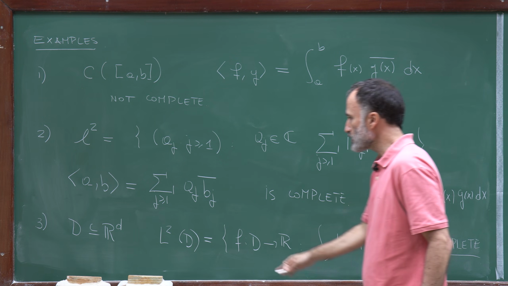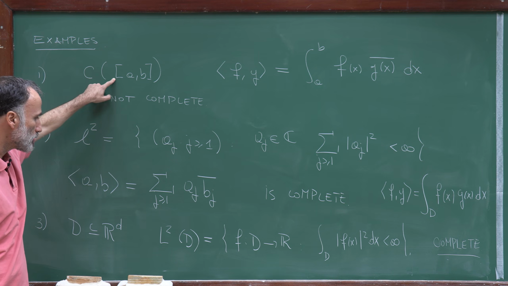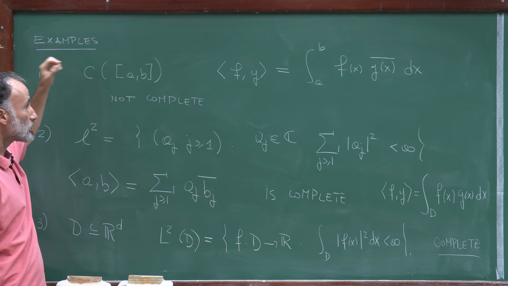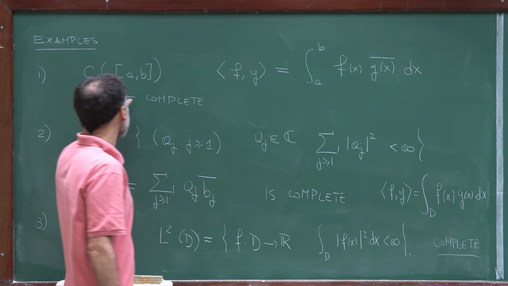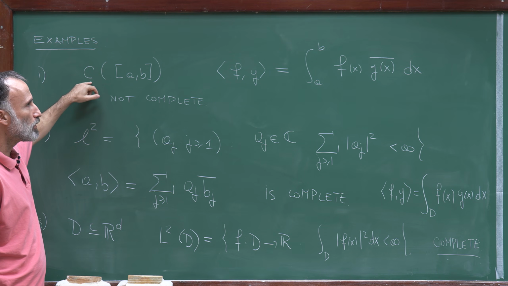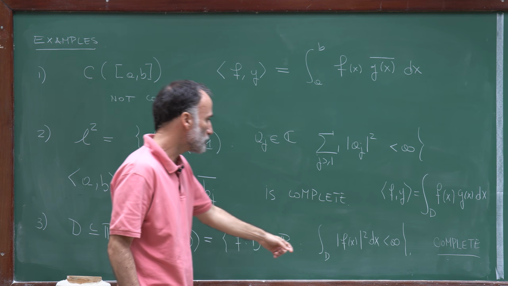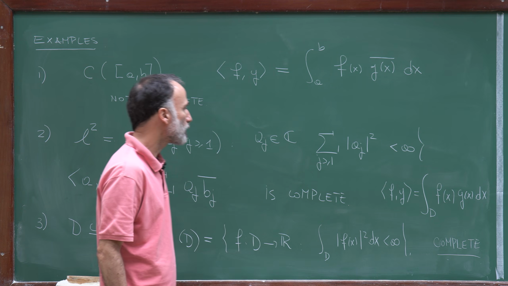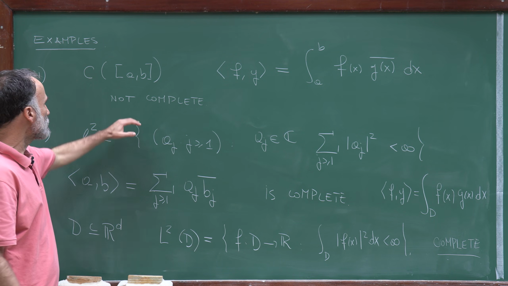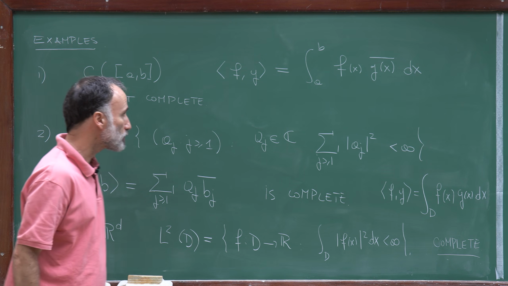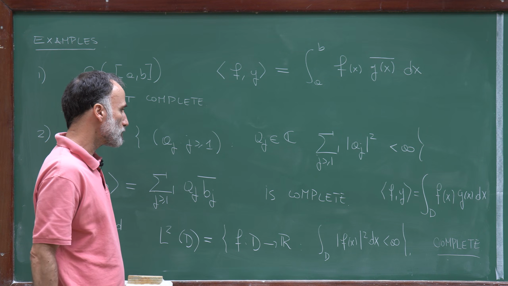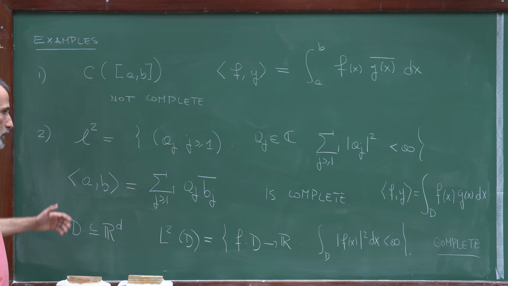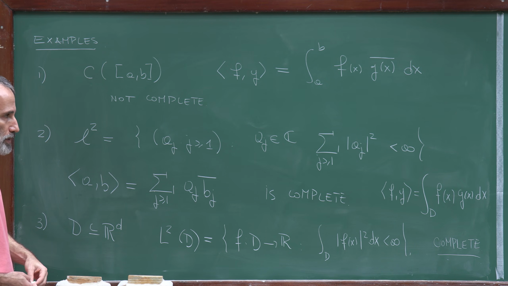Actually, this space is the completion of that one. So if you do the same thing, but instead of considering the interval [a, b] you consider a domain D, you define the scalar product on that space for, say, continuous functions. Take D to be a bounded domain, otherwise you have to assume that your continuous functions satisfy this condition. And that space, as I said, is not complete. Complete that space with respect to that scalar product, or the norm induced by that scalar product, and what you get is that this is its completion. So these are three examples which will appear several times in the next lectures.